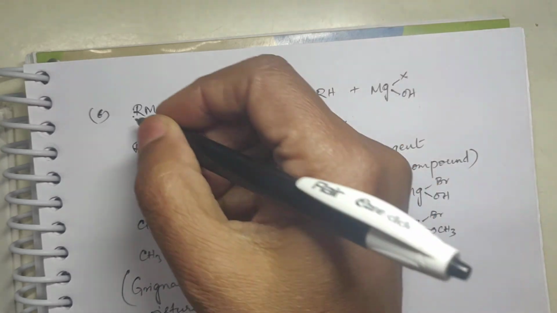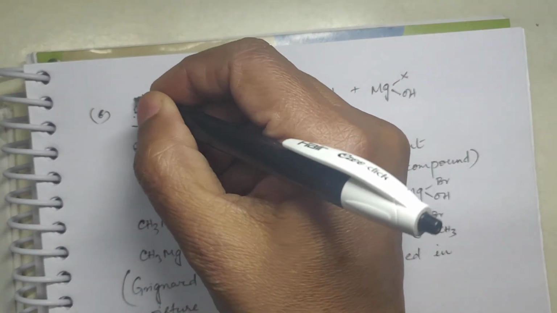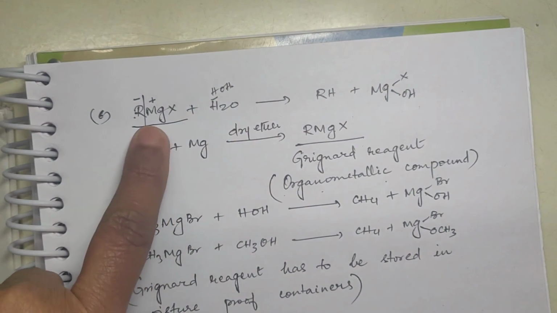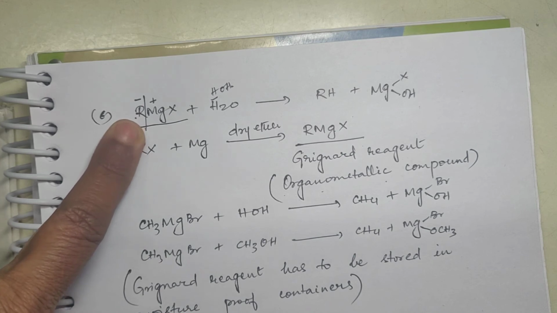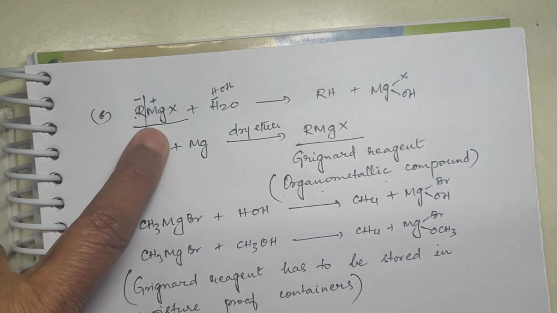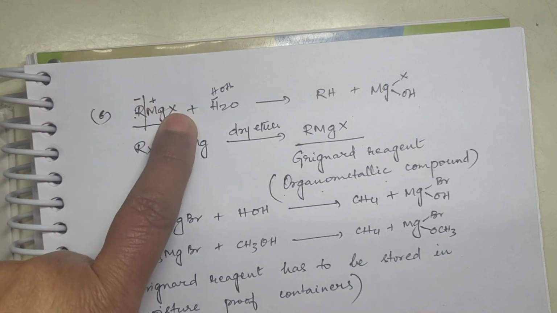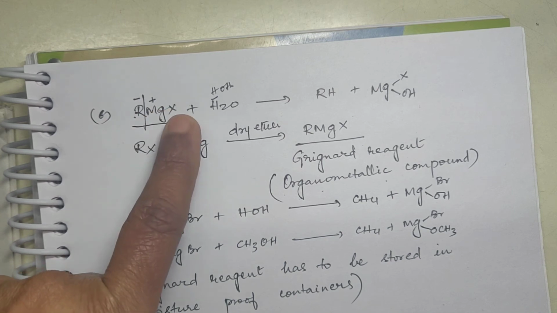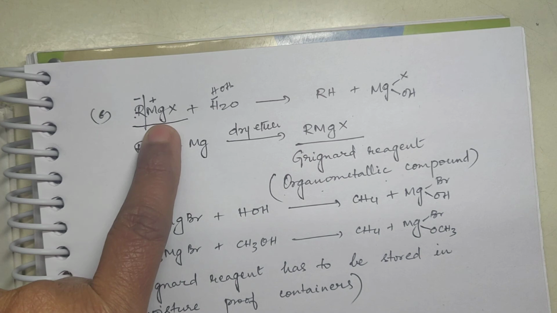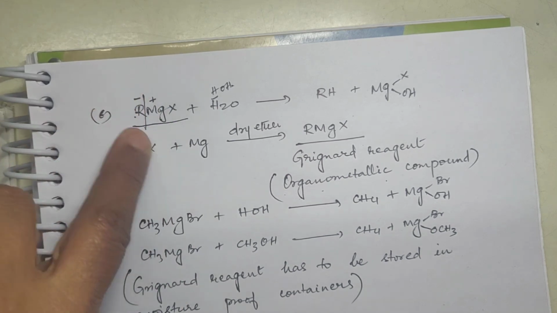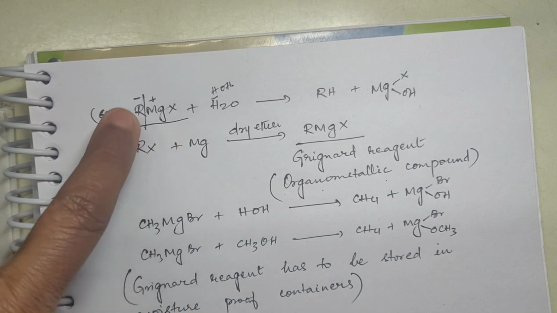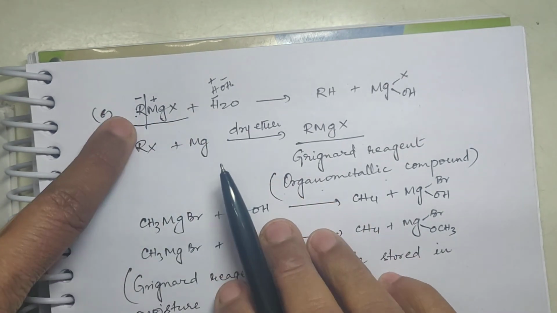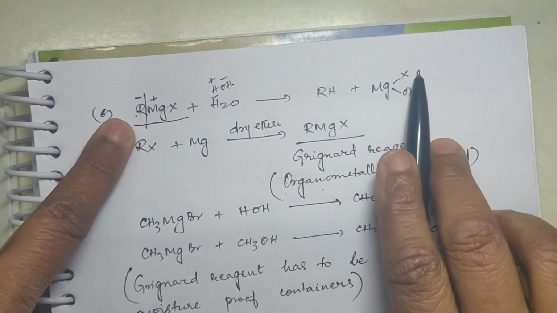Now remember, this RMgX will split in the form of R minus and MgX positive. Mg is a metal which is more electropositive than carbon of the alkyl group. So R is minus and Mg is positive. Now this X will be held by magnesium very strongly because halogen is highly electronegative. So it will not leave the halogen from itself. That is why the ionization is taking place between carbon and magnesium. So R minus will go with H plus, and OH minus will go with MgX plus, so you'll get RH and MgXOH.